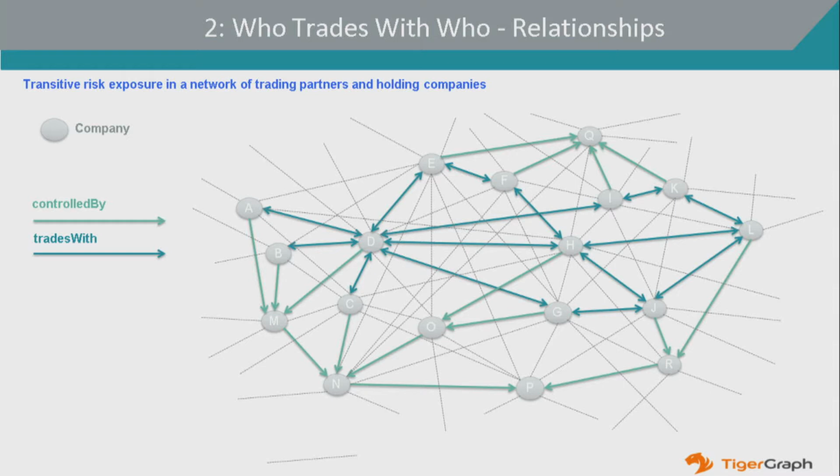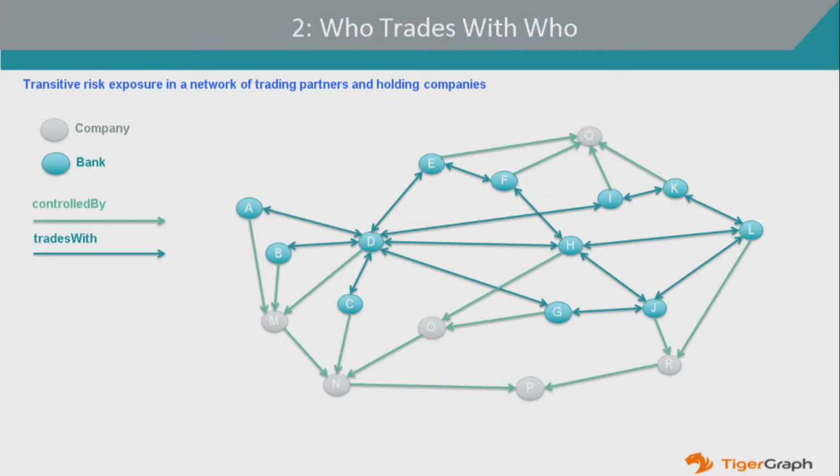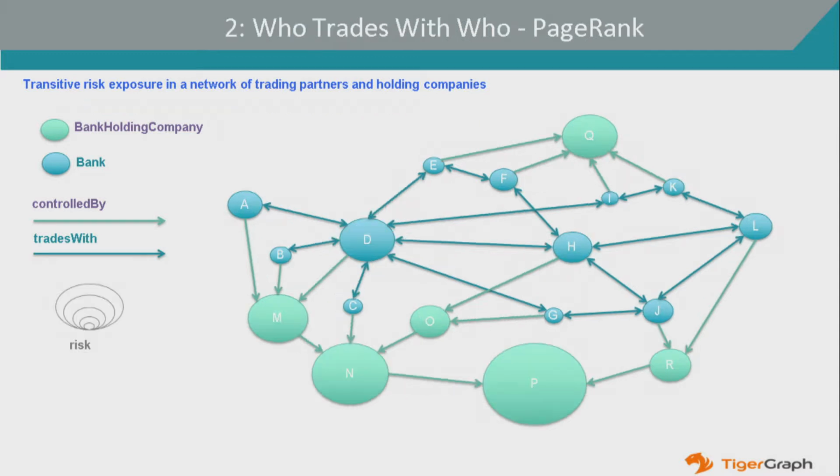In this particular example, and this I did in 2015, I'm going to apply the PageRank algorithm to this, but first identify the banks in this network and also identify the bank holding companies. And you can see those here if we had the right colors. So this is a who trades with who network. And Atana showed you an example of that earlier on where he's looking at companies as well. So when we do the who trades with who PageRank, we come up with something like this, and we can look at the most influential or most connected bank in this particular case.